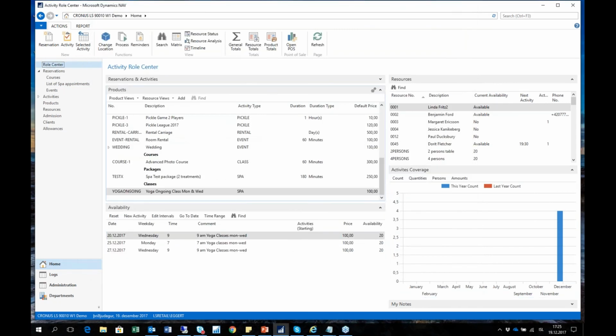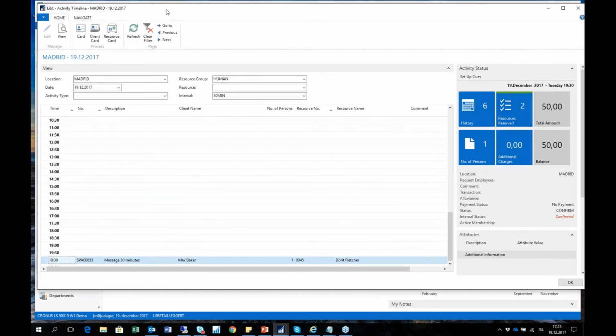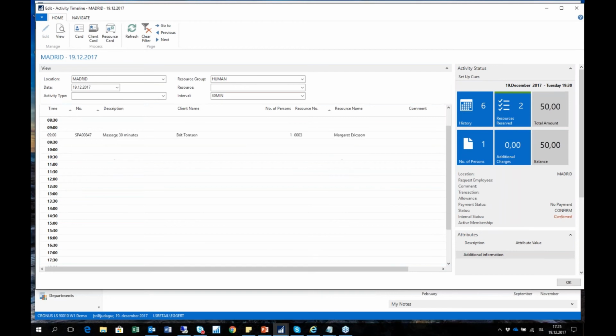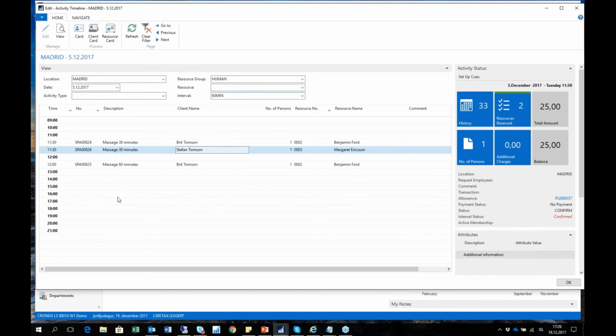If we go to the timeline view here, the timeline view basically shows you an agenda for any given date. So let's see some date here. This timeline can be selected with any kind of interval. We're just going to see this in 60-minute intervals, and you can then also define what resources you want to see here in the list. In this case we are seeing human resources, but you could want to see the rooms or whatever additional resources we have assigned on these